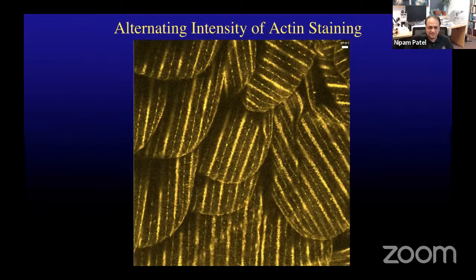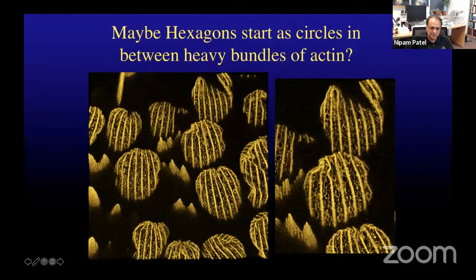Now, there were some hints of some things. So you can see one of the interesting phenomena seems that you actually seem first to break down every other rod of actin, okay? And then it looked like somehow those remnants were reorganizing. Maybe that's what made the hexagons. But basically, we couldn't tell what was going on by looking at fixed samples because whatever was happening seemed to be happening very rapidly. So we decided that really what we wanted to do was to watch this phenomenon live.